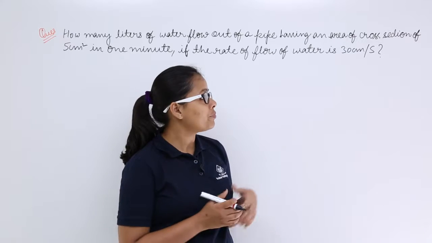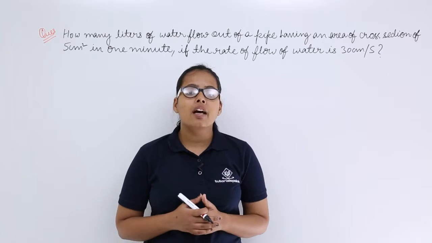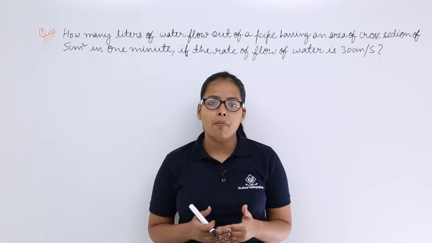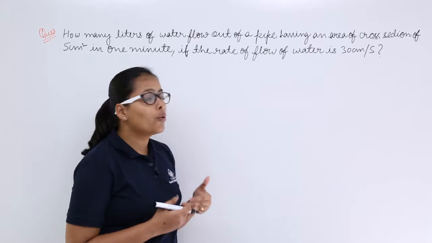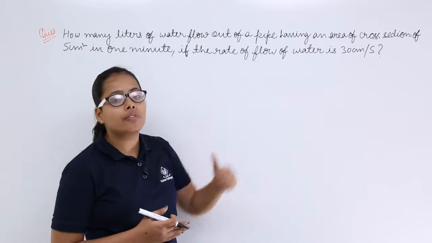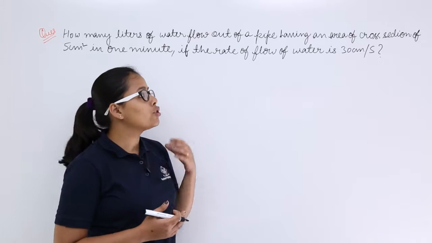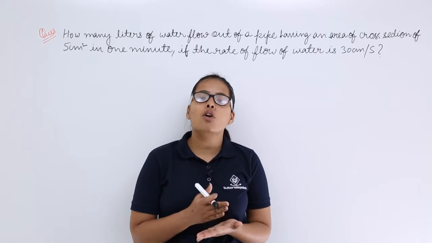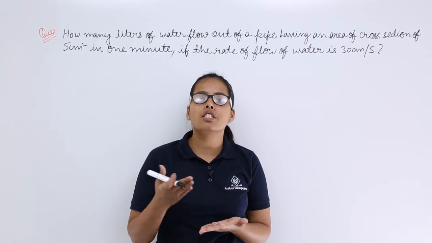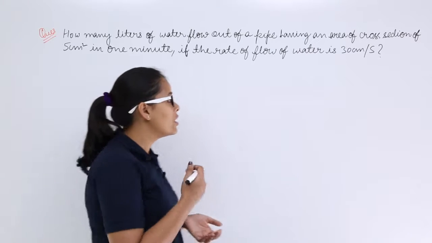Let me tell you. In this problem, they are saying that a water pipe whose cross section is 5 centimeter square, water is flowing through this cross section at the rate of 30 centimeter per second. So using the area and this rate, you will calculate the rate of water in liters flowing per second. So let's calculate